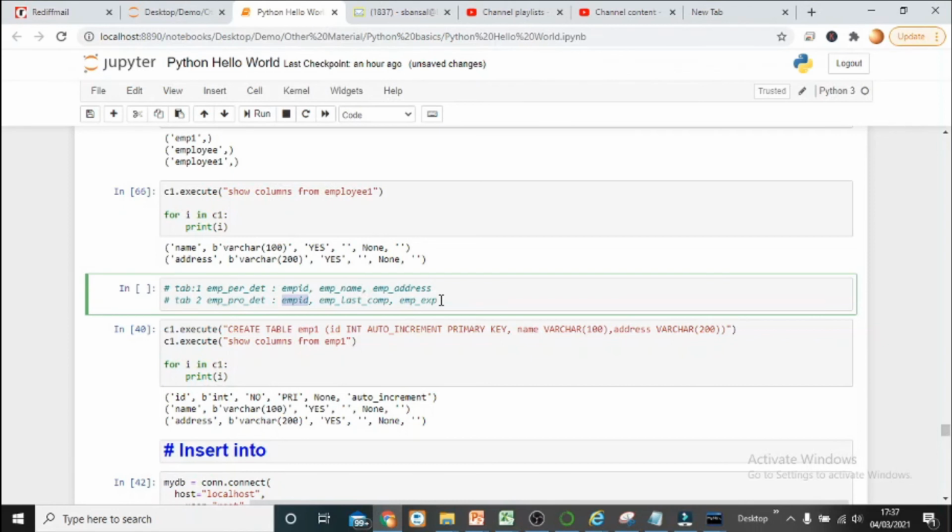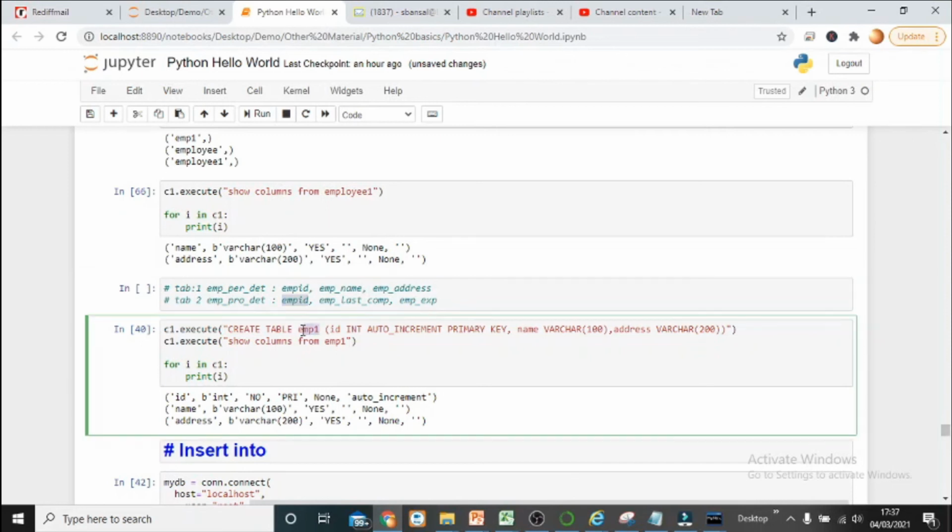So if you are going to create a primary key in EMP1, that is a new table, there we have to declare a key which should always be unique. And of course with the addition of new entries, the key should automatically increase, right? So if we have 100 employees and tomorrow one new employee joins, whose employee key must be 101.